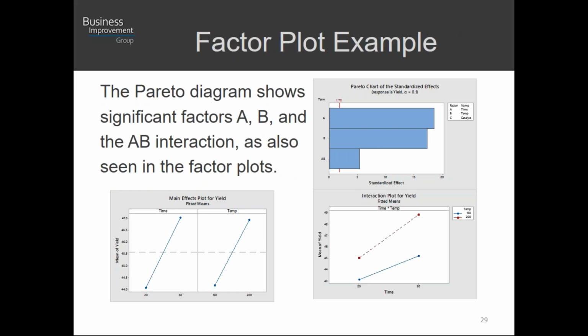Factor plot example. This is an example of what the software can put out for us. On the top right-hand corner, we have what's called a Pareto diagram. It's a bar chart where we put things in order from biggest to smallest. And the interpretation of this output would be, if I look at that red line, if the bar crosses the red line, if any of those